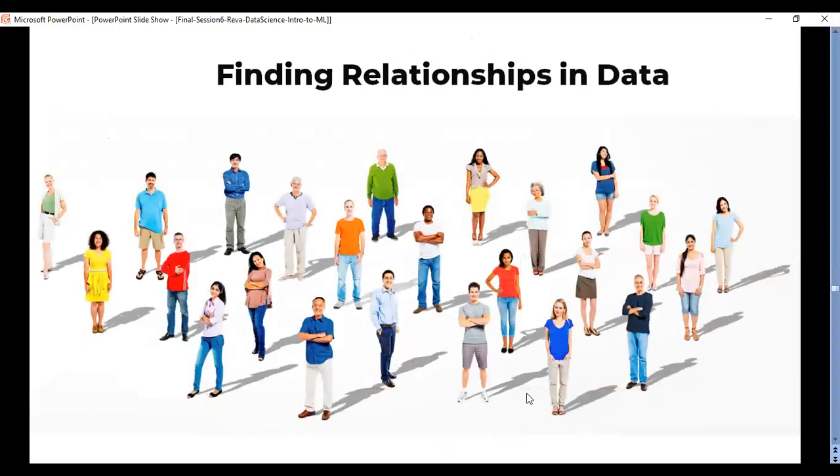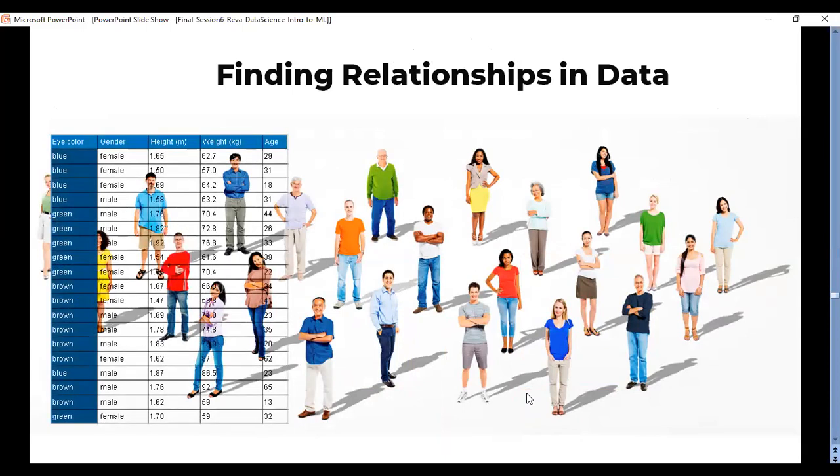Now let's understand this with a simple example. Let's say we have collected data on eye color, gender, age, height, and weight of people. We hypothesize that some of these are related and some are not. We also think there are some exceptions. So age and height or weight are related, but not always. The relationships observed in the data can show which variables are related and which are unrelated. If they are related, we also have to measure the extent.